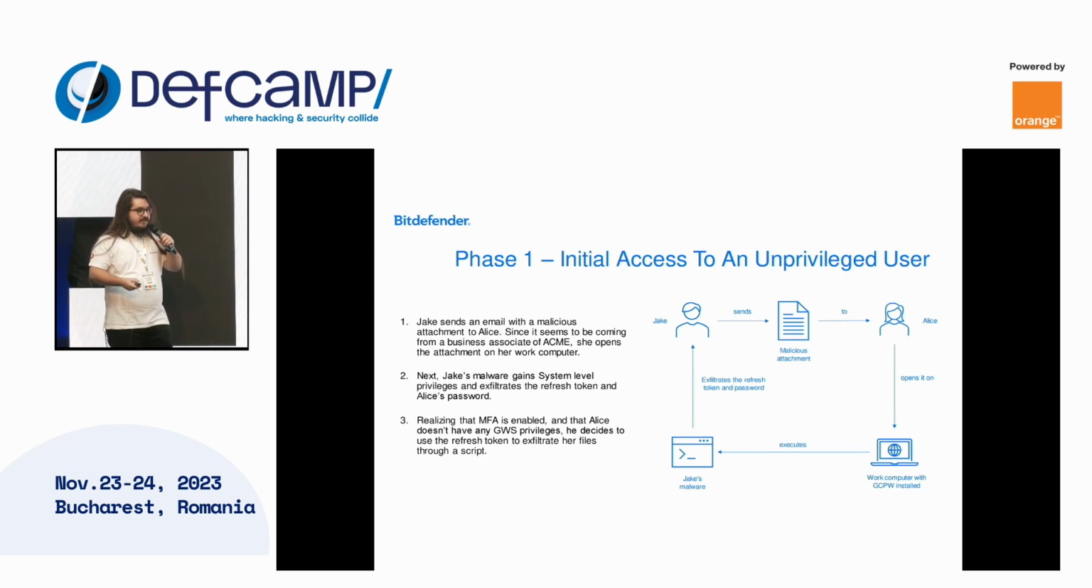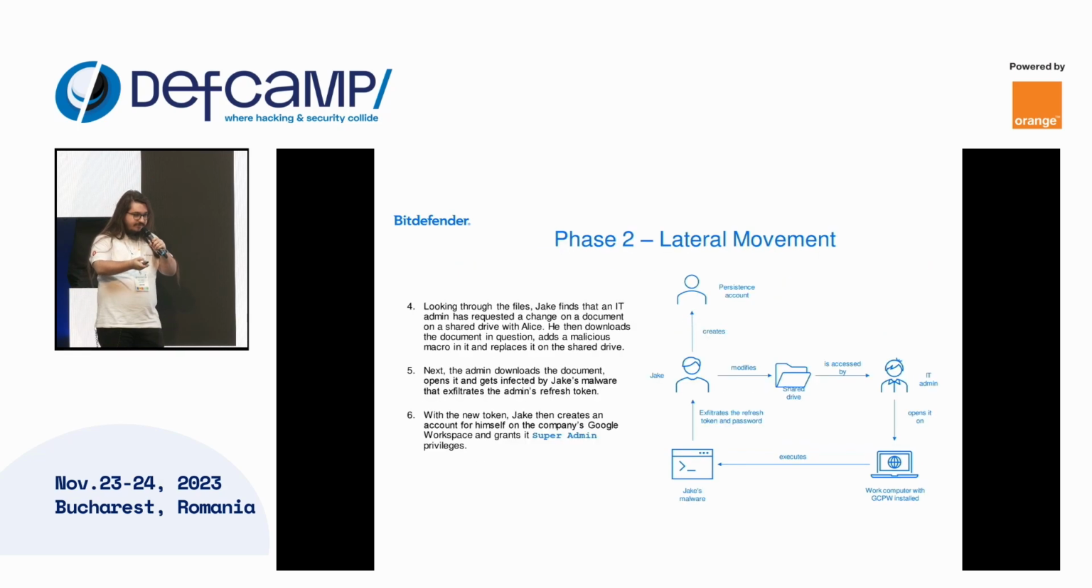And because Alice has MFA enabled and doesn't have that many privileges, Jake might need to start looking through her files on Google Drive. There, he would find a share with files that are accessed by IT admins, and he decides to poison one of those files. Next, when the IT admin opens that file and gets infected, Jake could now exfiltrate his password and refresh token,